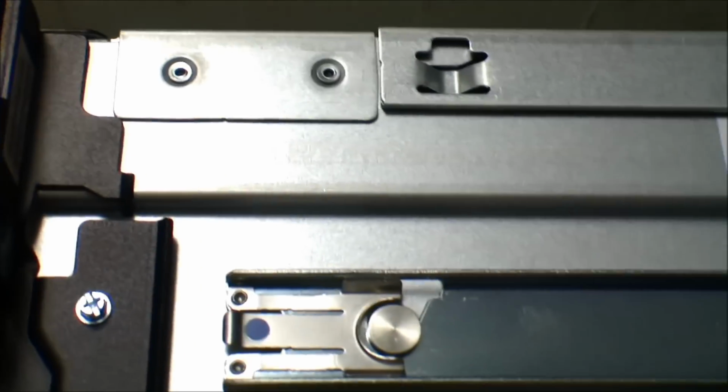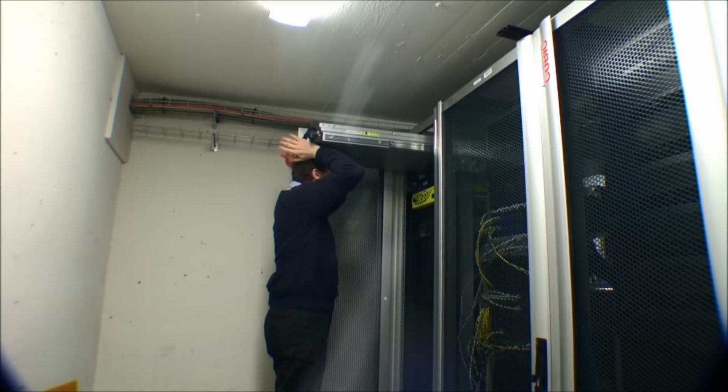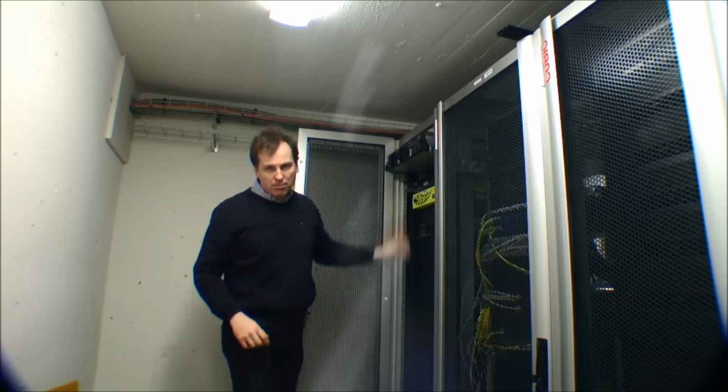So now it's in, and this takes a bit of practice to hold it there over your head and get it to fit on both sides. And here I'm just pushing it in, just using my head again, and going. Now we are going around to the back, and we are bringing this, it's called an elephant foot,